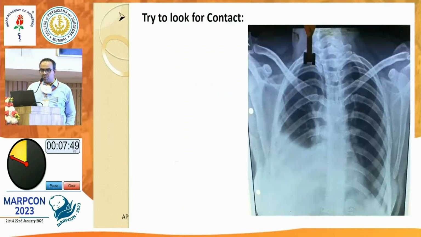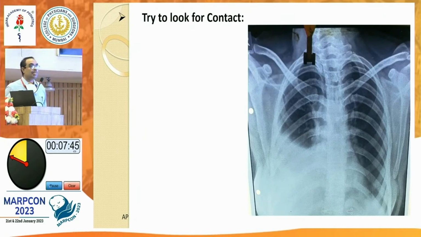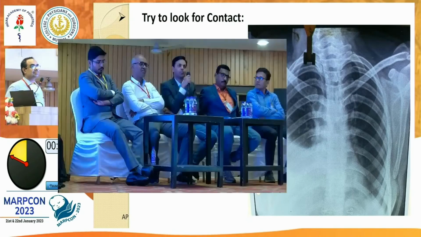So we have an X-ray. Amol will guide us. I found the mother of the child coughing. She said there is a little cold and cough, for 1-2 months, and the doctor told her it is allergy. So this is the X-ray of the mother. Always look for contact. Okay. So we have to take again a proper detailed history of contact, whether there is any family member having such symptoms of cough and other things.